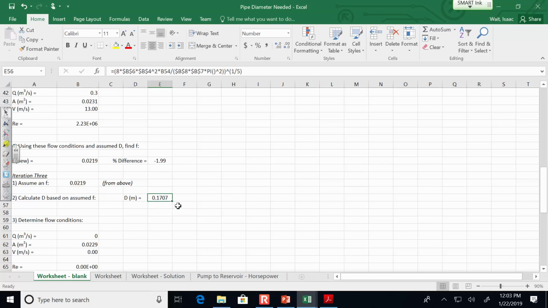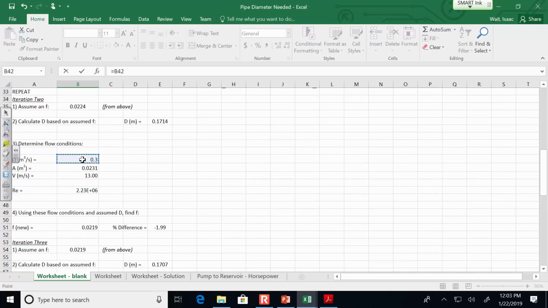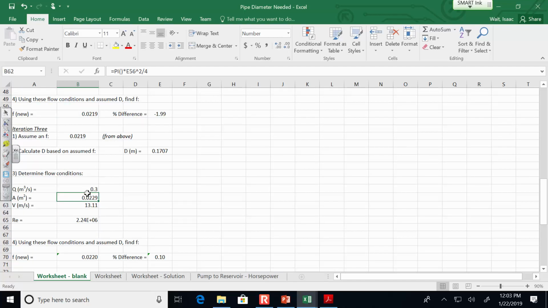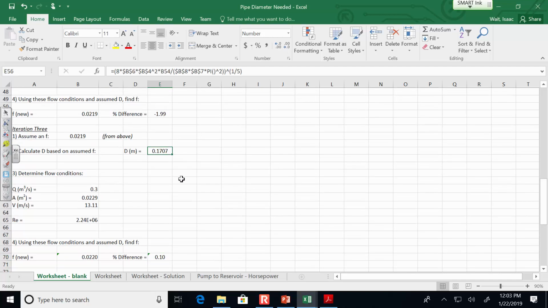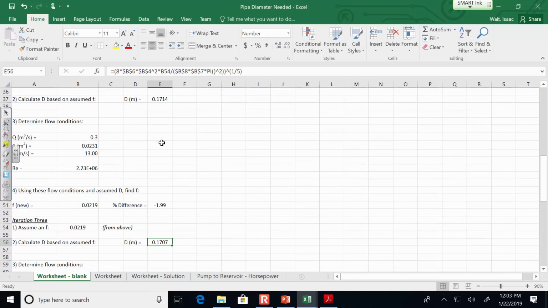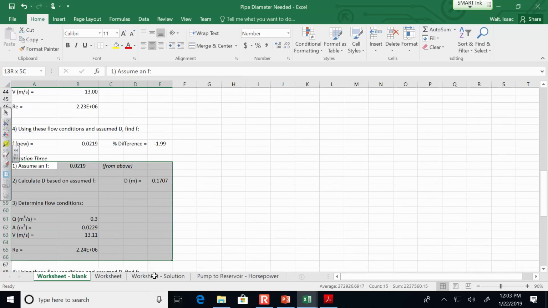And so we get some new diameter. The flow rate, for whatever reason, just isn't copying right. Let's just force that to know the flow rate, and we get a new velocity, Reynolds number, f value. Okay, so the input f value and the output f value are very close together. The percent difference in change of the f value is less than 1%. And if you look at the diameter, we said it should be 0.1707, and the previous iteration we said it's 0.1714. So, it's easy enough just to copy and paste it again and see,